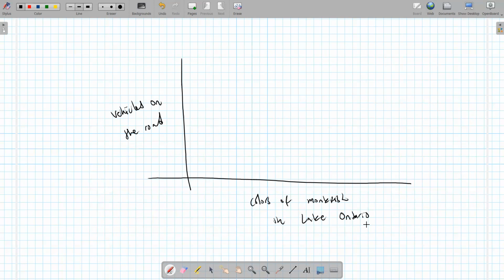Look at these two variables. They have nothing in common, yeah? The colors are not influenced by the vehicles on the road, let's say in New York or some random city. So these variables have nothing in common. But if you were to plot them out, and let's say these are the data points,